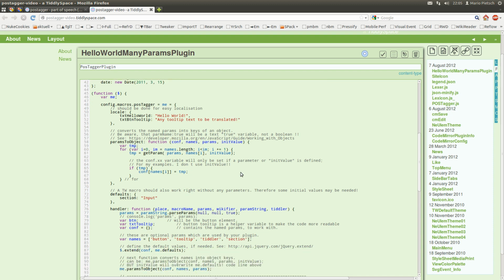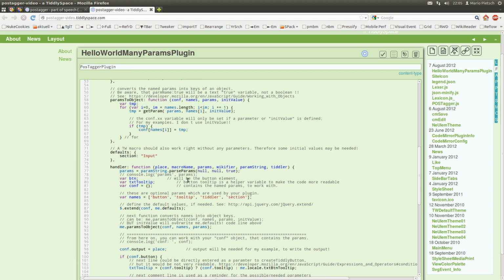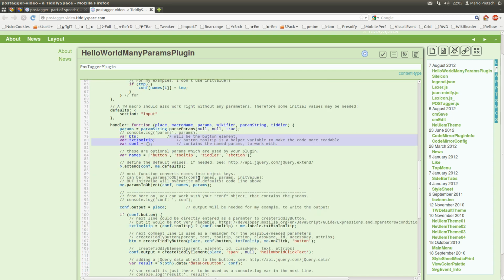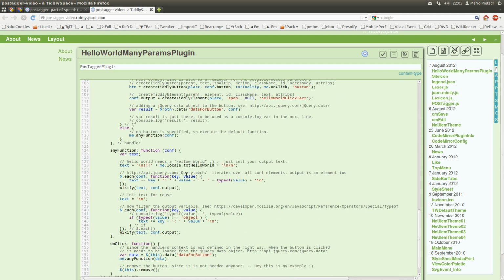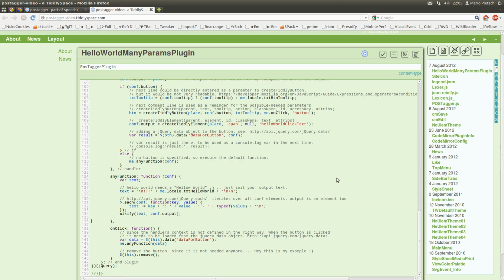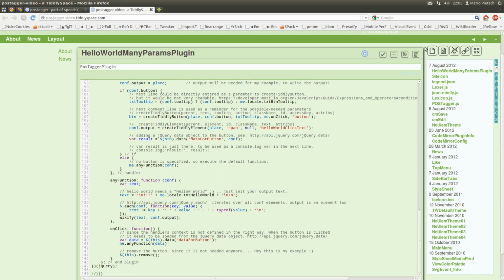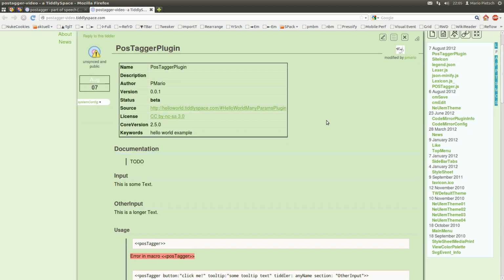The tiddler is done automatically within the handler afterwards. So the any function, just strip it down a little bit. We only need to output it once, and that's it. Save it.